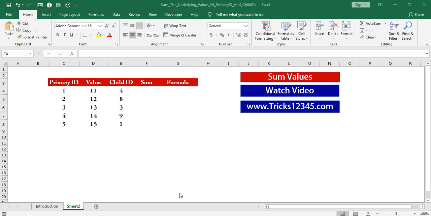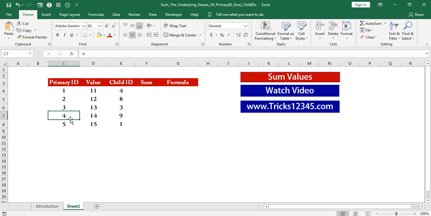Here criteria is: I have data as 1 in C4 cell, means primary ID is 1. For 1, underlying value is 11. 4 is the child ID for 1. Again I am searching with 4 in primary ID column.